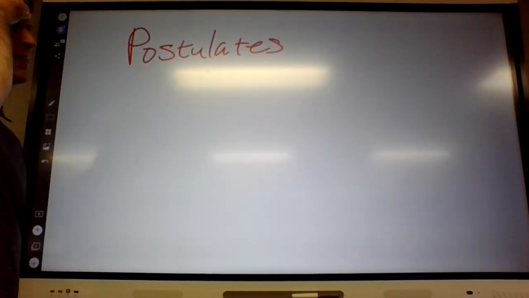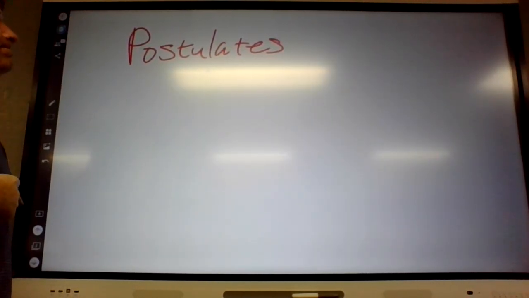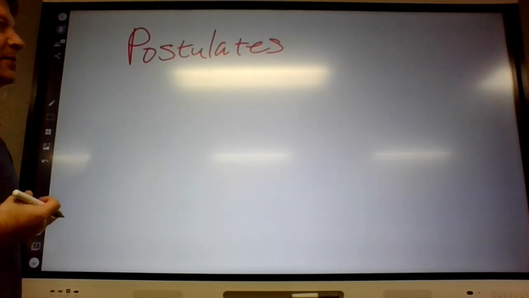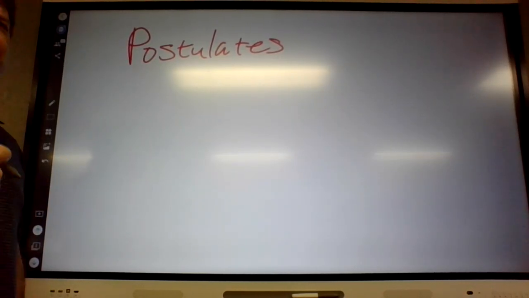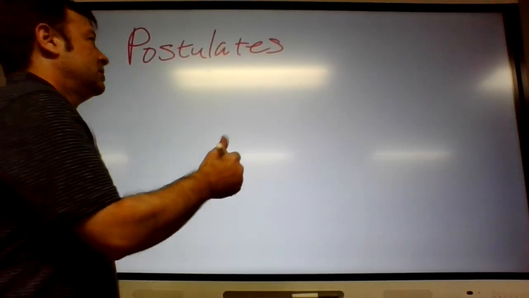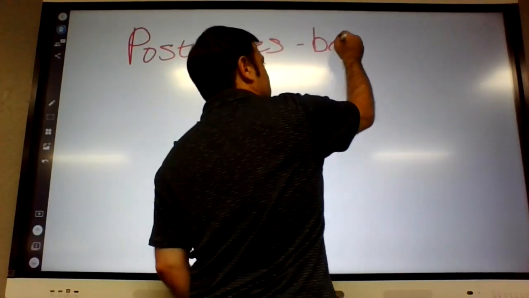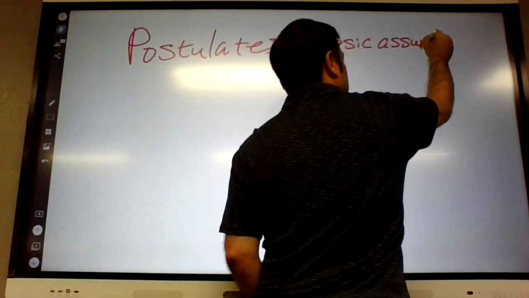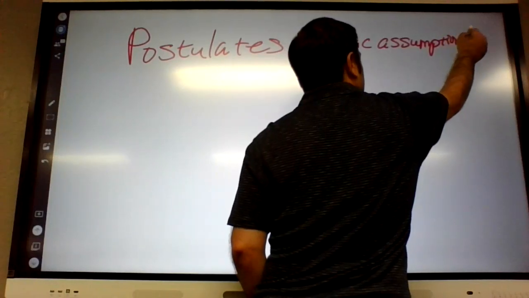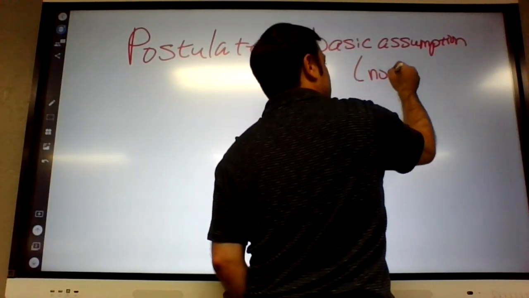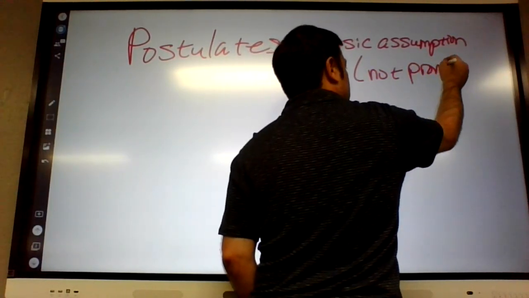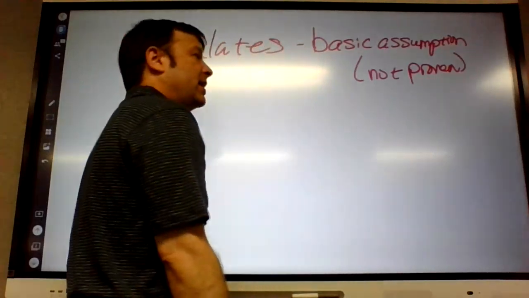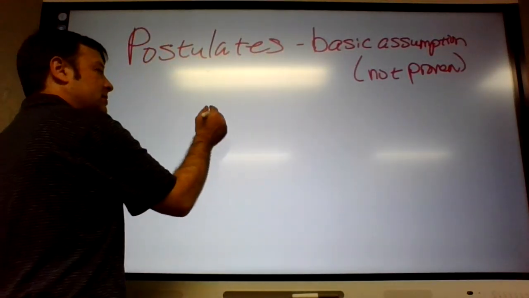A postulate is something in math that is so basic that we can't prove it's true, we just assume it to be true. So it's a basic assumption, something we assume to be true, and it's not proven. Okay, an example would be,